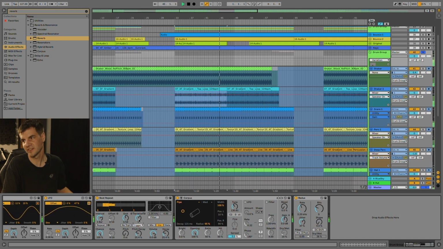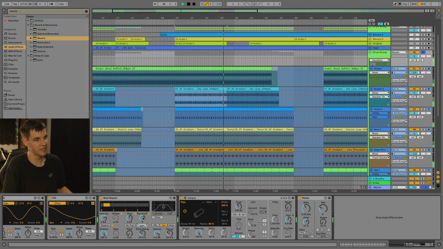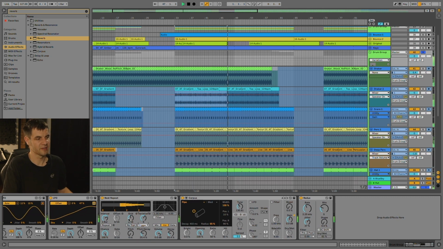The higher the variation is set, the higher the level of randomness will be, and the further apart the grids could also be. All right, I'm quite happy by now with the glitchiness and the generative aspect of our groove. I'm going to do a few last things to tie it together to make sure it seamlessly integrates into our